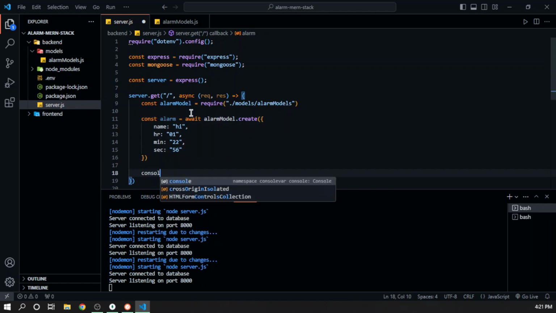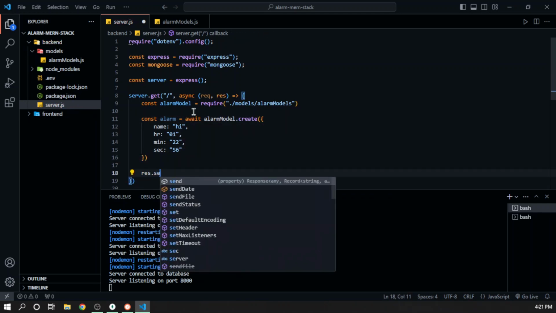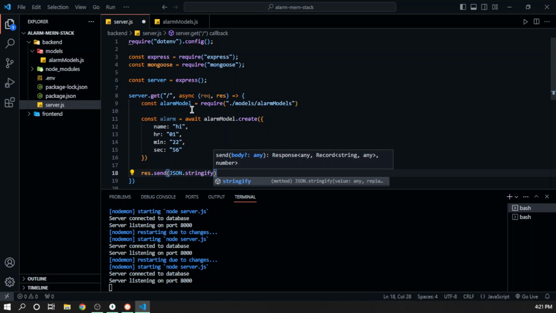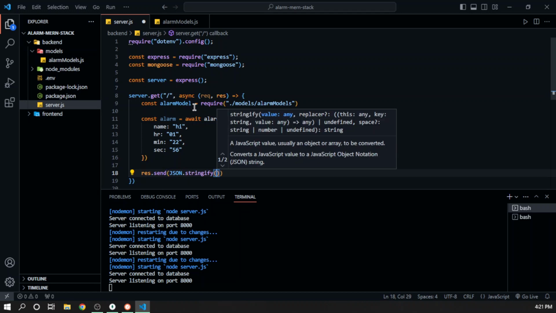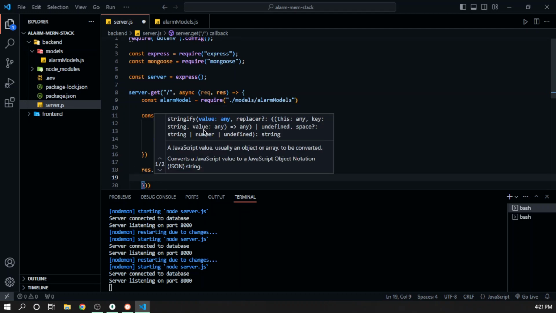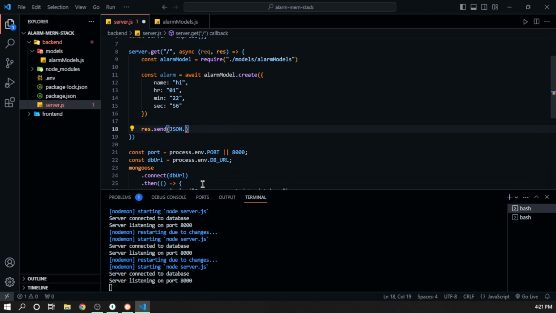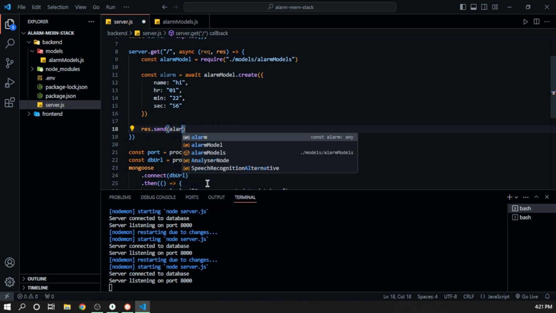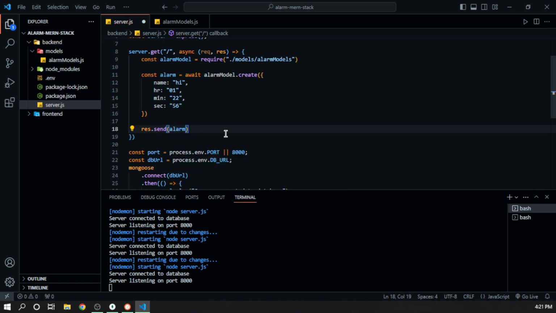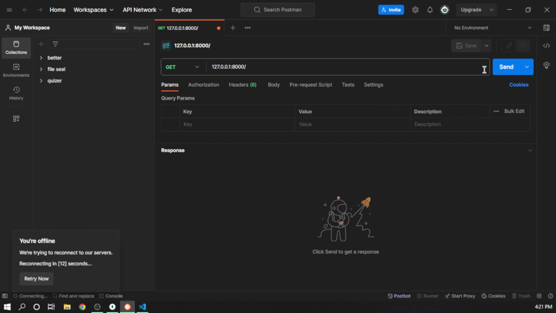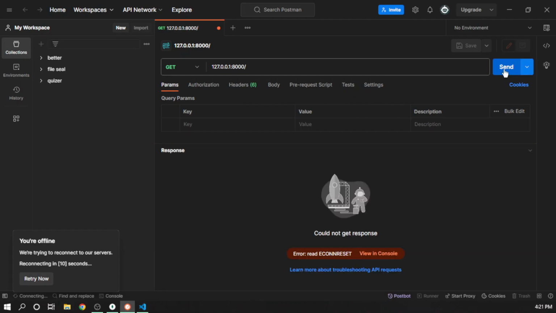Let's finally come and do response.send. We could use JSON.stringify to change an object to a string to make it more readable, but we don't even need to do that since it's simple. Let's just say we want to send alarm. Let's save it, and if we come here and click on send,